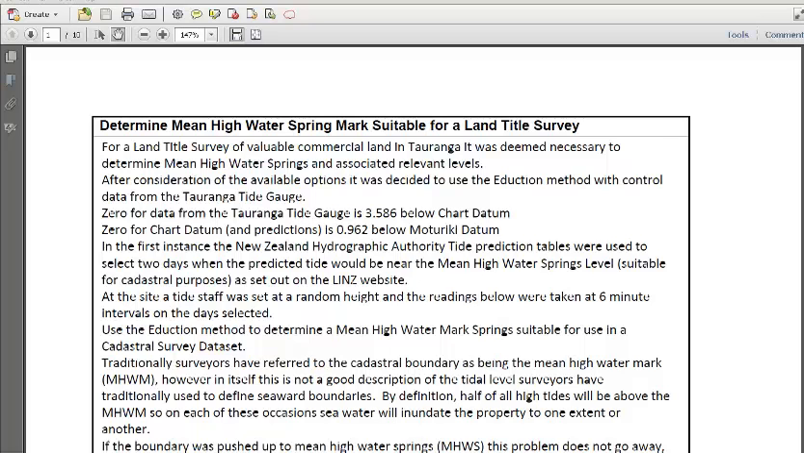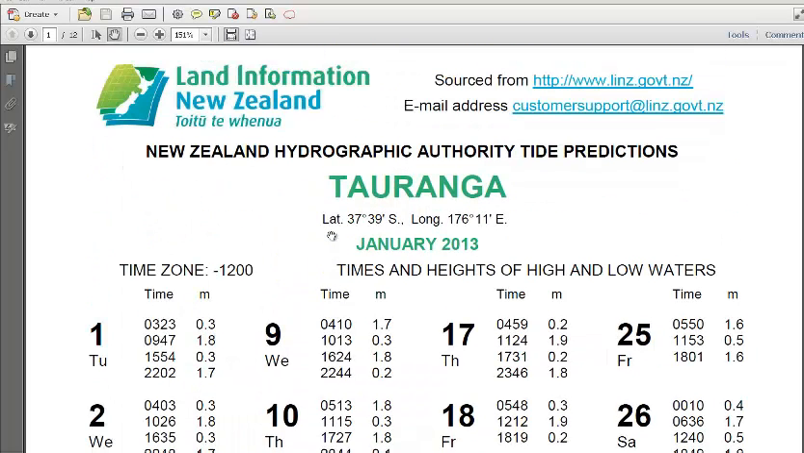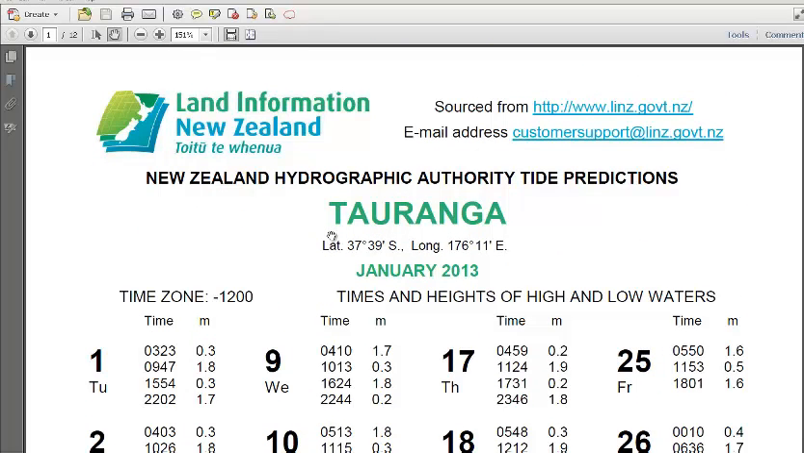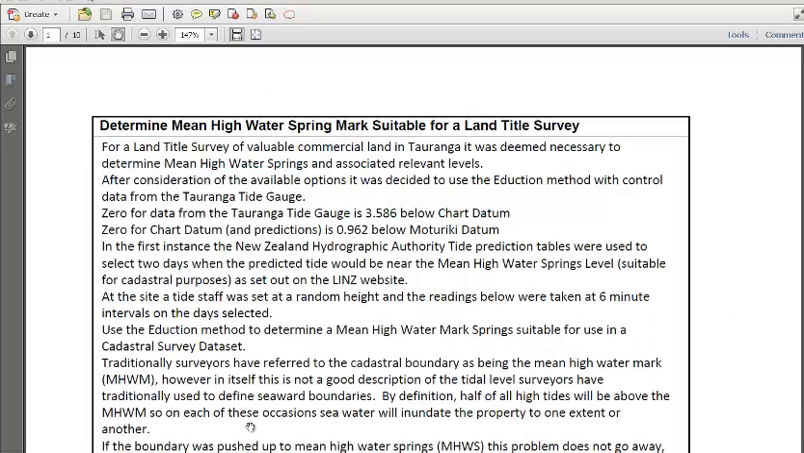So these are the prediction tables that are made available by the New Zealand Hydrographic Authority, and they are available on the Land Information New Zealand website. So we can get those there. In the course of this, it was quite difficult to correlate all the different datums, and it wasn't until I made contact with Glenn Rowe that I was able to get the valuable information that 0 for data from the Tauranga tide gauge is 3.586 below chart datum. 0 for chart datum and the predictions is